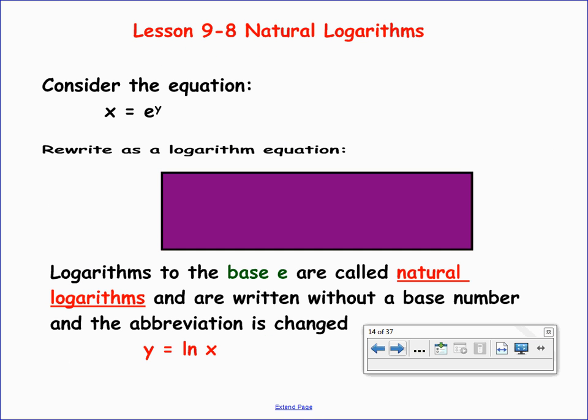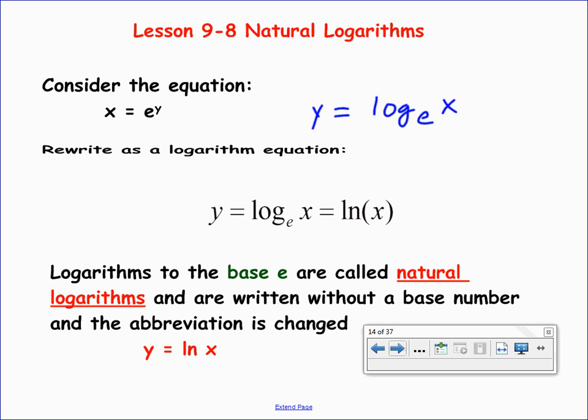Now let's consider our natural logarithm. And so if we were to rewrite this equation, x equals e to the y, as a logarithmic equation, we could go ahead and write our exponent. Our exponent is equal to a logarithm. The logarithm has the same base that my original exponential has, so log base e of x. Well, if we were to write that, y equals log base e of x,